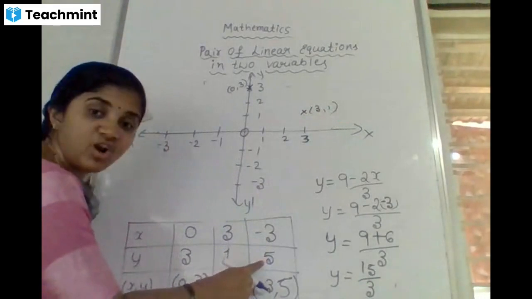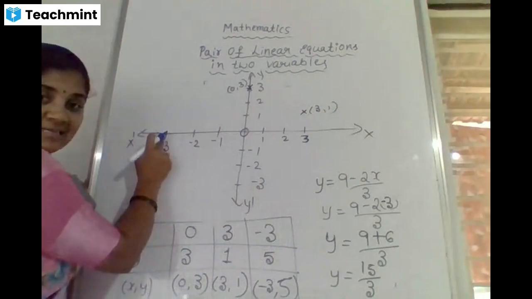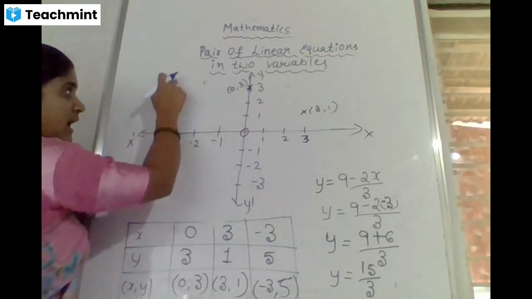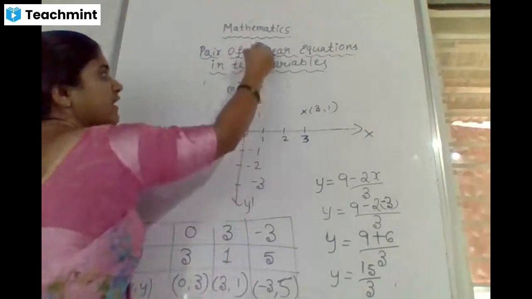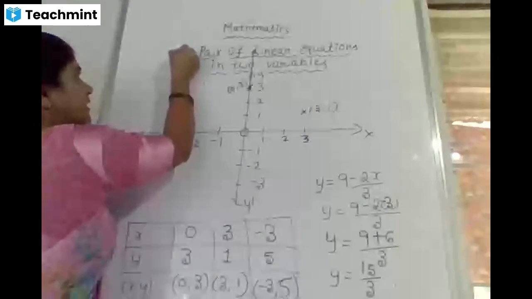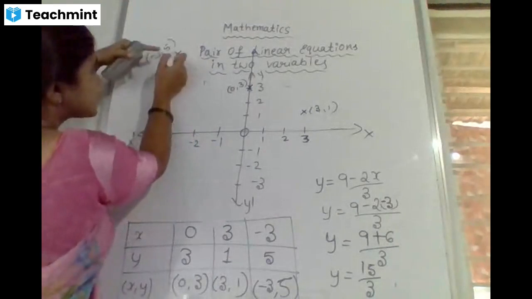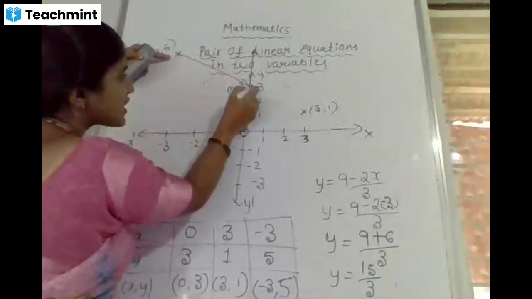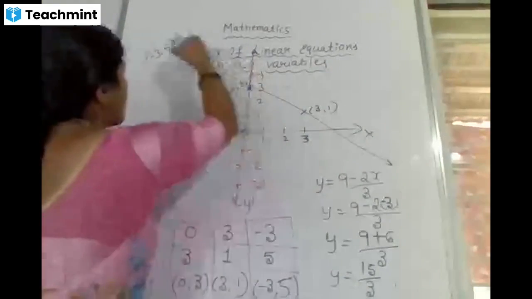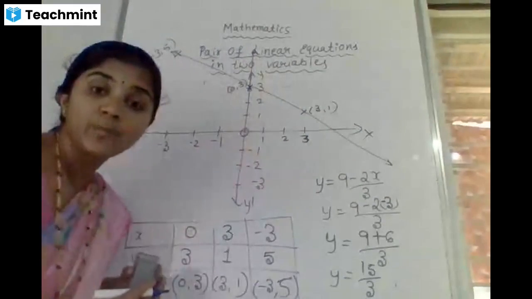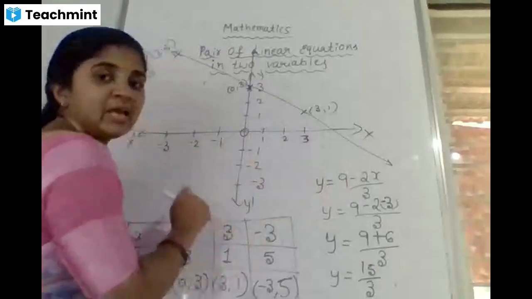Next is minus 3 comma 5. So minus 3 comma 5, in the sense the x value is minus 3 here. In this direction we have to move to the 5 value. We are not observing 5 here, so 5 will be somewhere here. Here we'll get minus 3 comma 5. Then using the scale, we have to draw the straight line like this. This is the representation of the first equation, Romila's equation. We got the straight line.